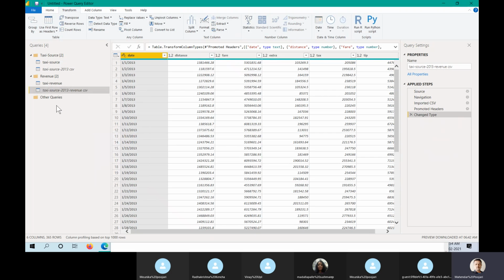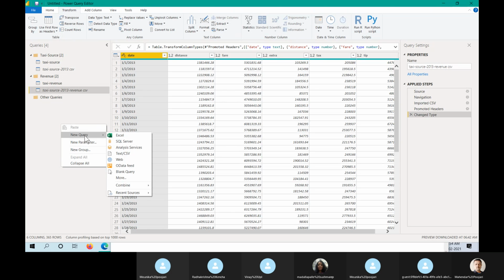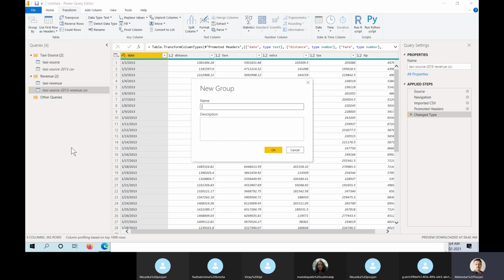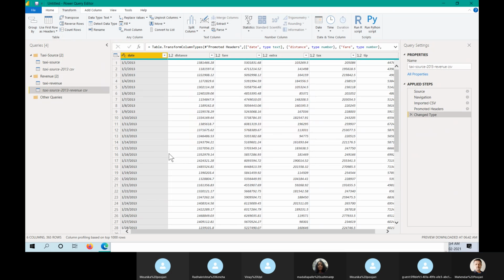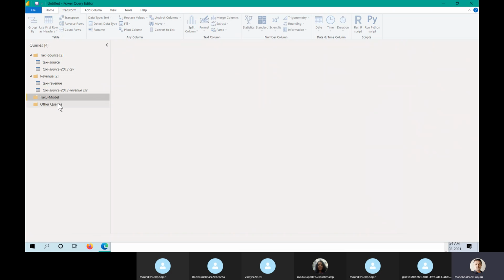Now actually you can create one more folder, one more group, and there you can say taxi model, which means I can come and see what files actually loaded into my model and what the sources are for that model. All those things I can see.